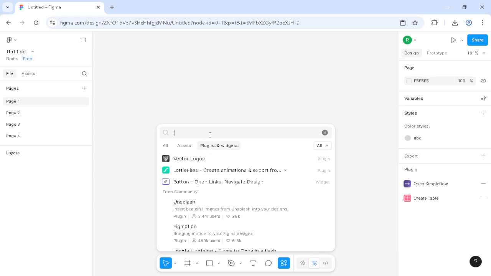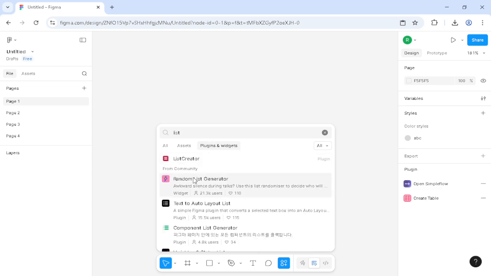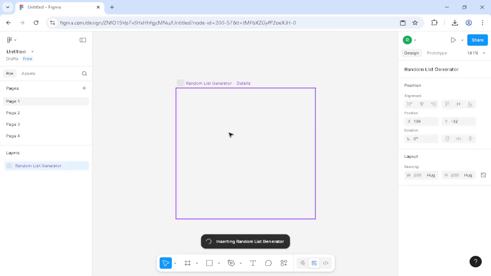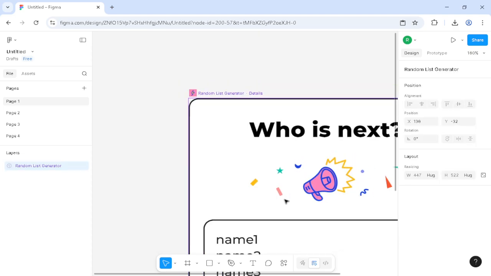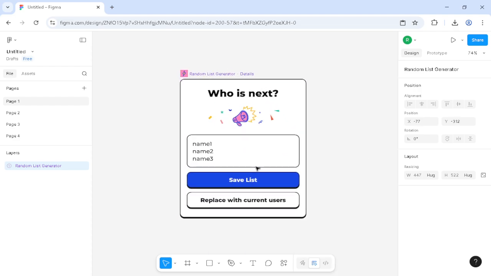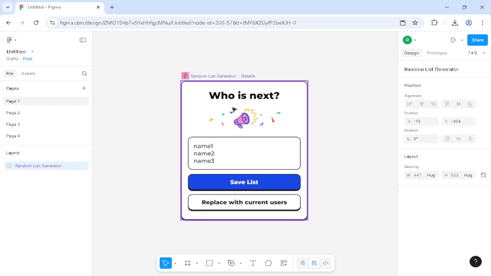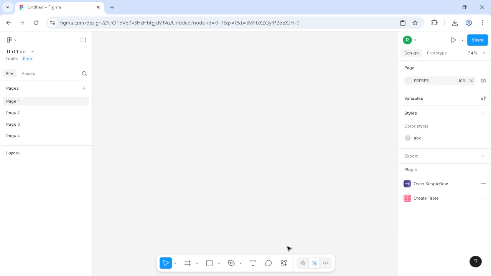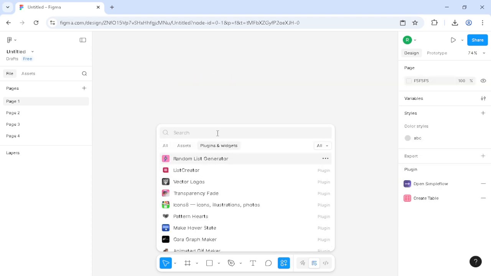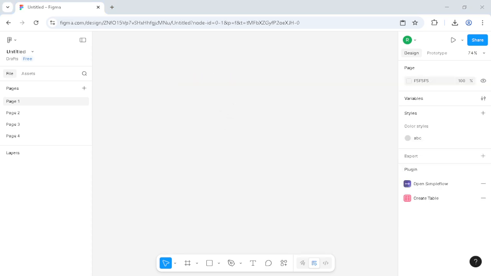So we can type list. We choose the first one, random list create. We can start to double click. We can see right here the list is really like this. So that is really how we see. Also you can find many plugins over it, and you will learn how you make a